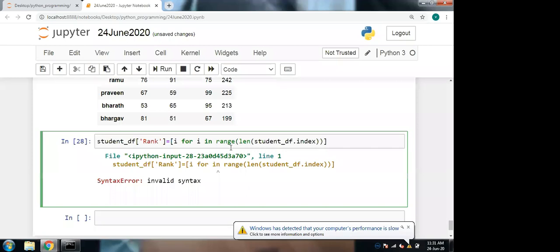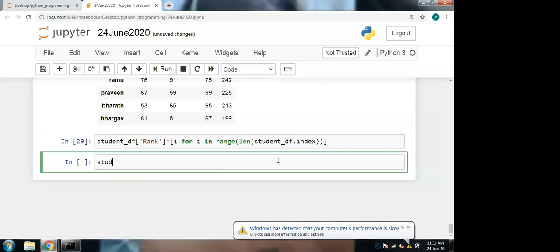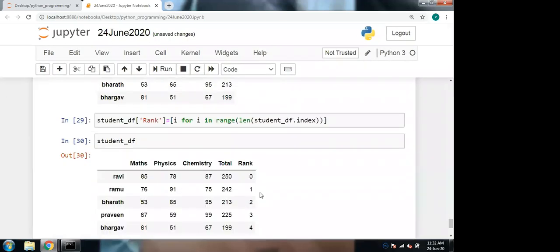Okay, now you can check the data frame, what we are getting actually in the rank column. The rank column will start from 0, I think, because we have taken a range of length of student_data_frame.index. Yeah, see here in the rank column, we are getting 0, 1, 2, 3, 4, but we should need from 1, right? Starting from 1 we need.